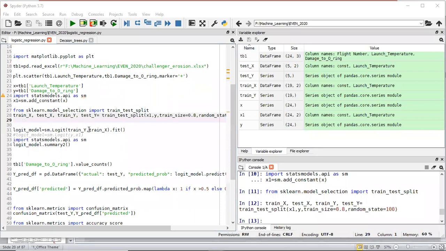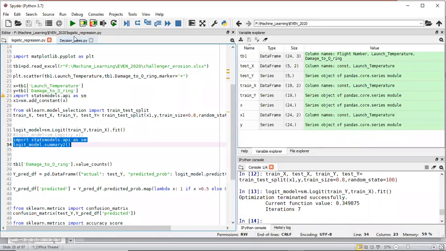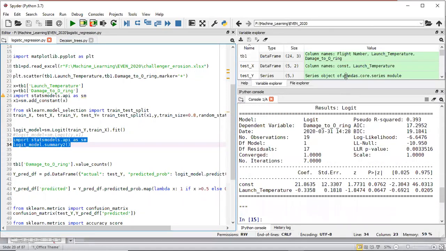Here in the linear regression model, we were using sm.ols. OLS meant the ordinary least squares method. Here we are applying a logistic regression model, so we are using .logit. Afterwards, we are using the training data set, train X and train Y, and we are trying to develop a model here. So now it has developed a model. If I want to see the model output parameters and all, we just give summary. So now I got a summary here.